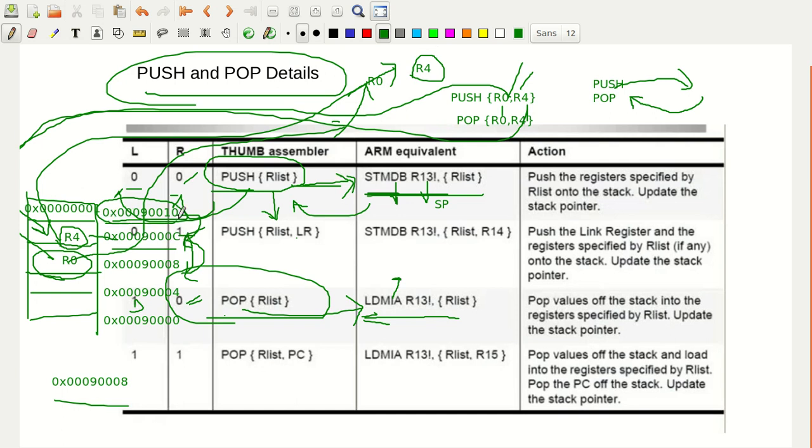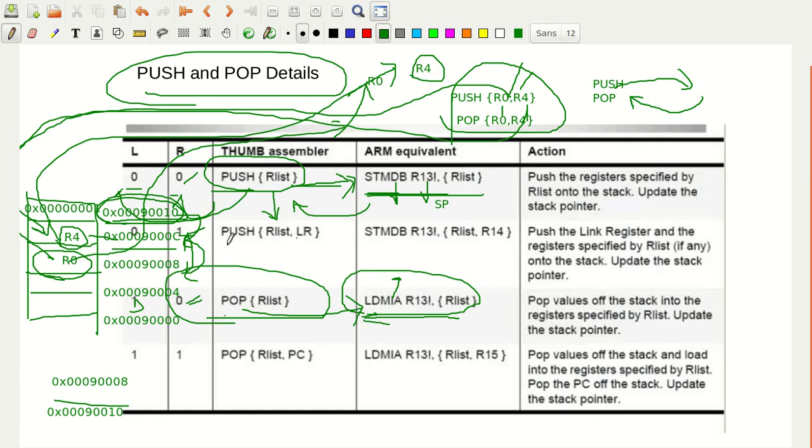Now the stack pointer comes back to its original position, 0x00090010. That's how, through push and pop operations, you store the content onto the stack and retrieve it back into the registers.